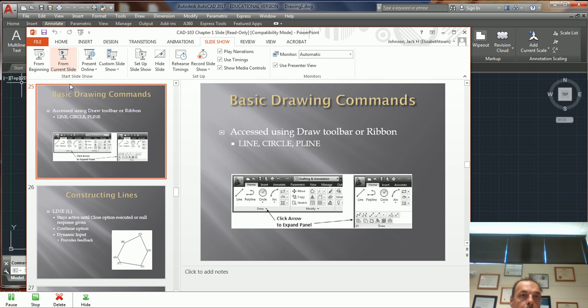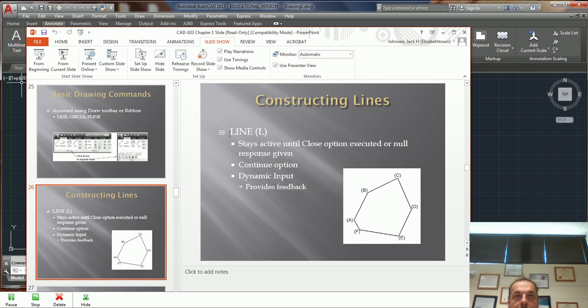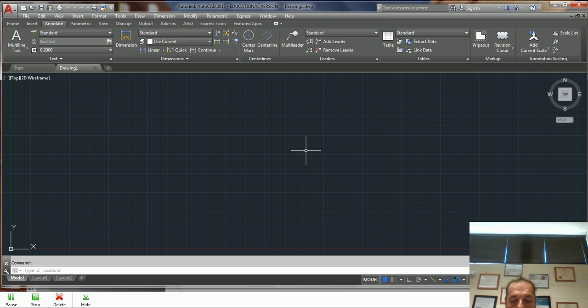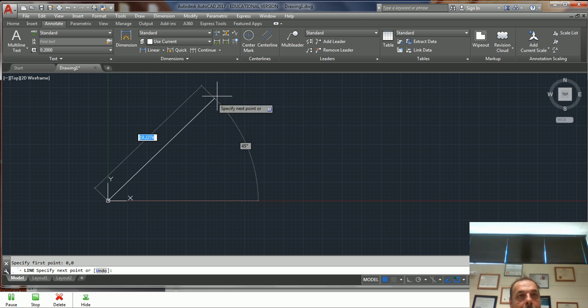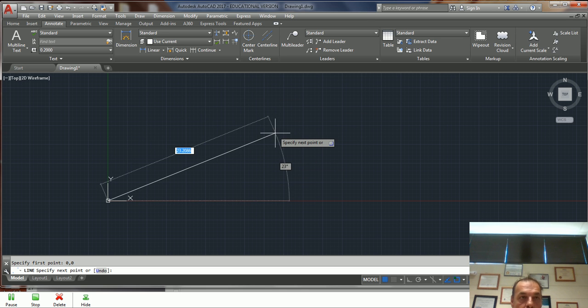All right, so let's go to constructing line. L. All you got to do is enter L, guys. And the good thing with AutoCAD, once I enter L enter, I'm going to enter a coordinate. I'm going to say 0, 0, enter. Now what happens, it takes me right to the intersection of my X and Y. Everything in here, guys, is positive, positive. So if I want to go,